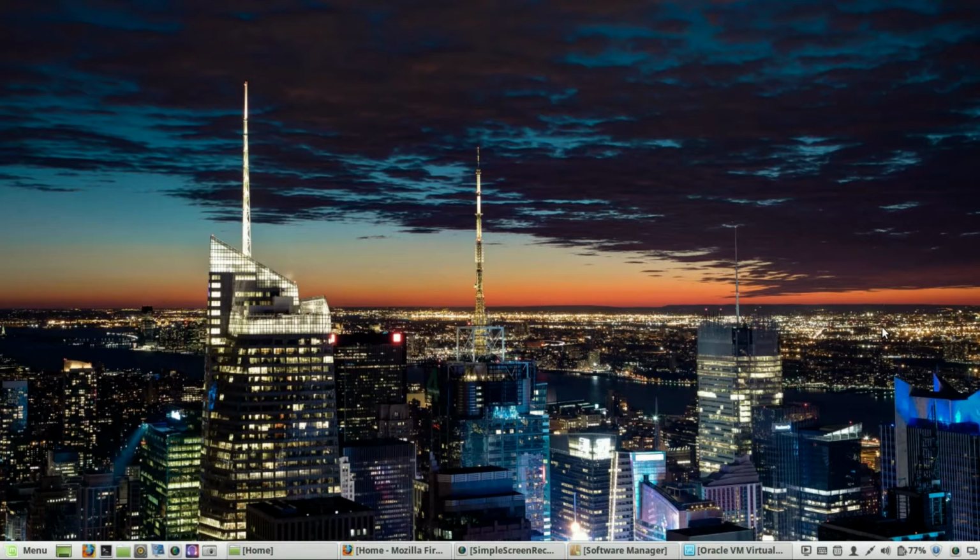Hey, welcome to another episode of GeekOutdoors.com, and my continuing series on making the move from Windows 10 to Linux Mint. Today I'm going to be talking about a subject that is really important to a lot of people who are on Windows or even people who are on a Mac,